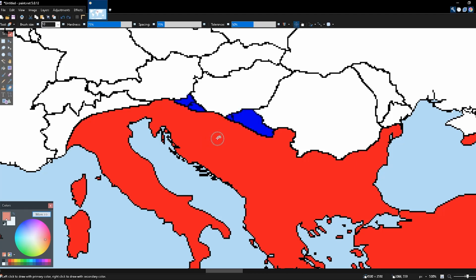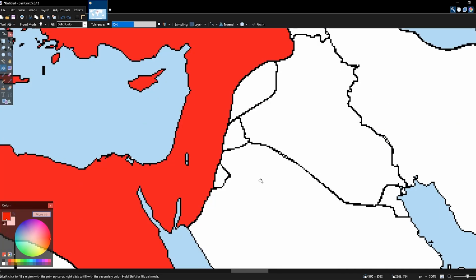But just in case you want to see a war, they stand no chance against the Byzantines, and that is full annexation. Now looking at the Middle East, the Byzantine Empire annexes Syria and Jordan